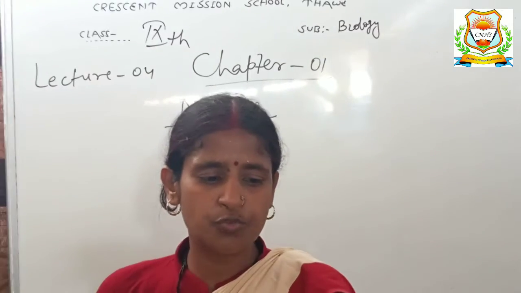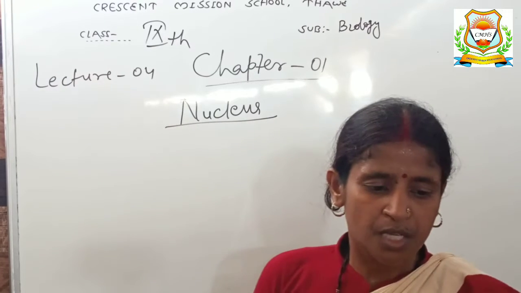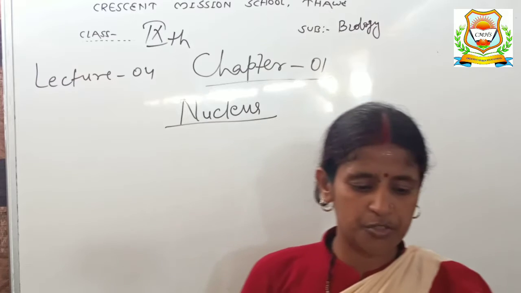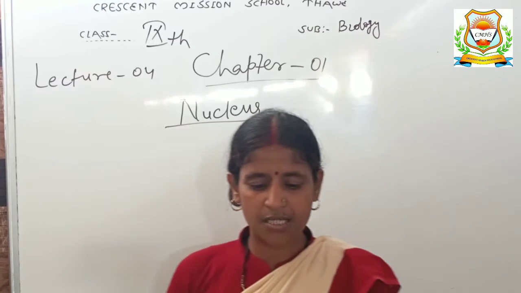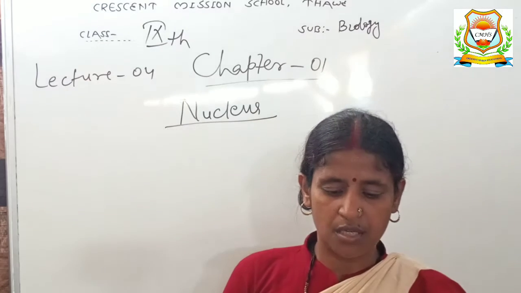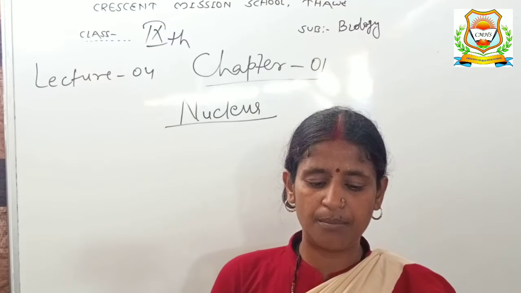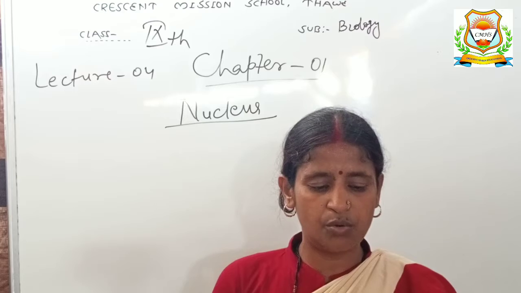The nucleus is usually a dense spherical or oval organelle. In a young cell, it occupies a central position. In the mature plant cell, with the formation of the vacuoles, it is shifted to one side. Usually, a single nucleus is present in each cell, but some cells may have more than one nucleus.